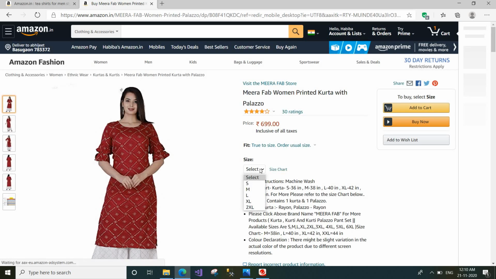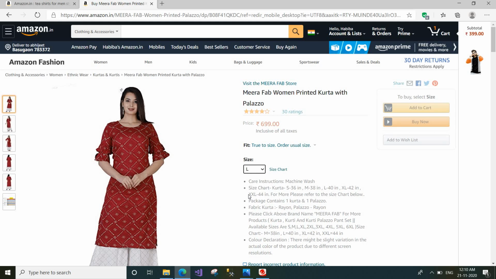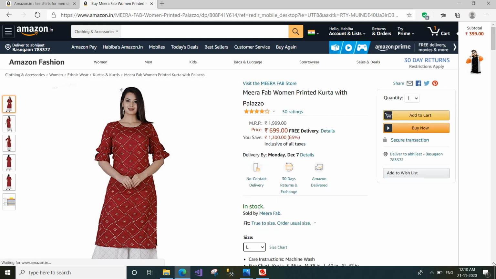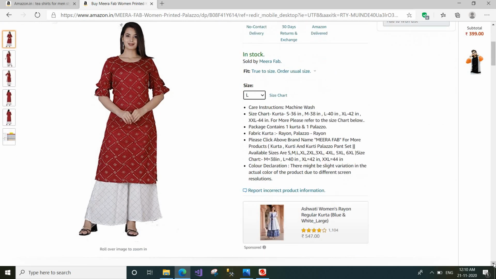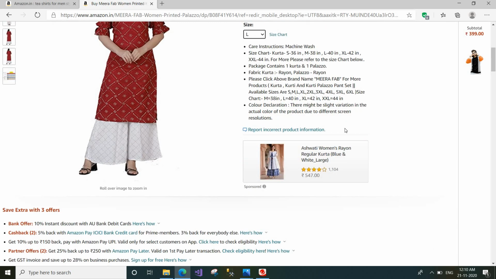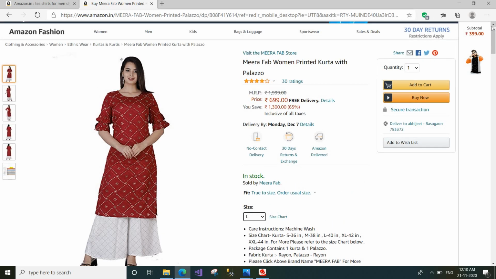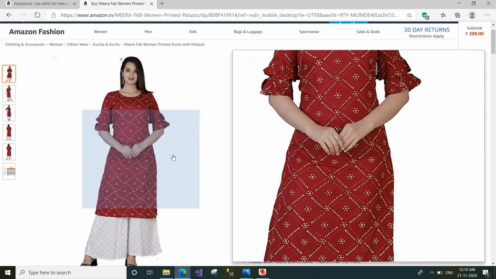You have to select the size. L, there are this size available. Suppose L you are choosing. If there is variety of color, the option will be available here. There is no color in this dress.